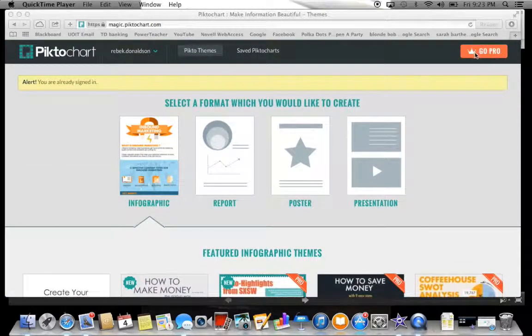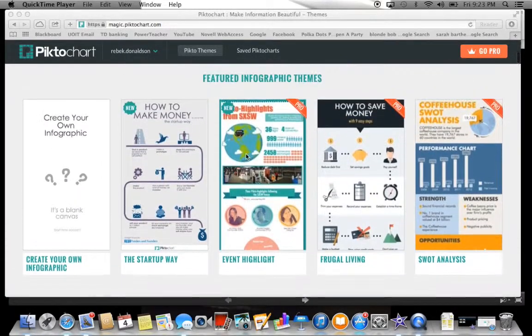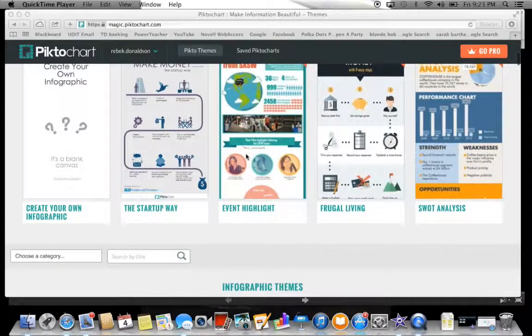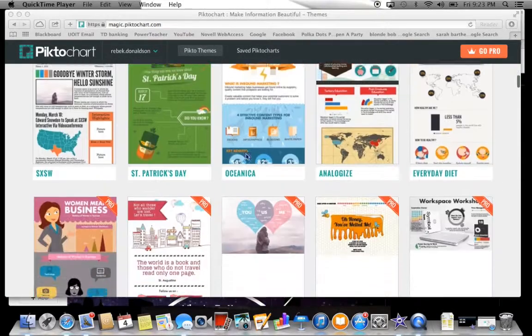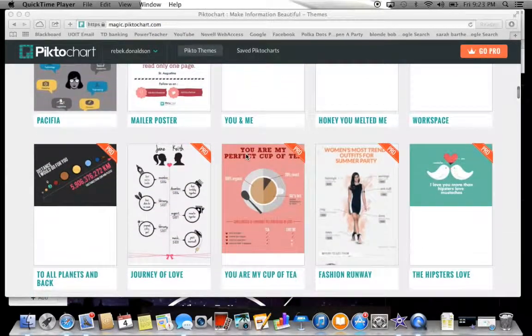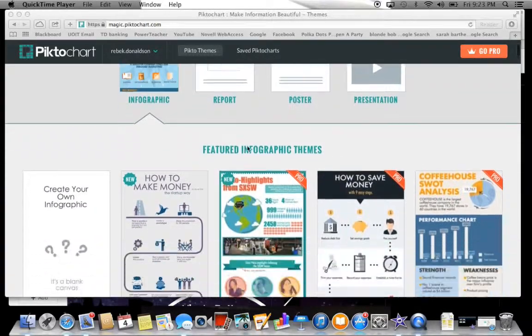However, as you can see, there is a paying portion to this, and you can upgrade if you want. I have created this as an education program, so some things that are pro may not be to me. However, although there is a lot of pro options, which is nice,